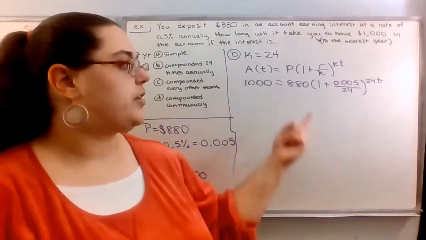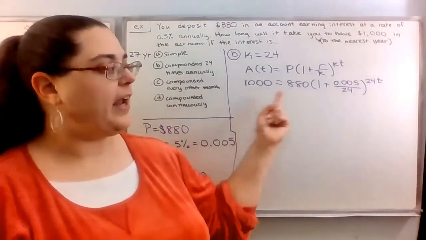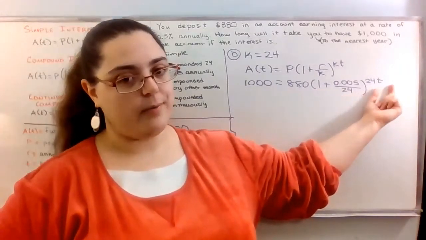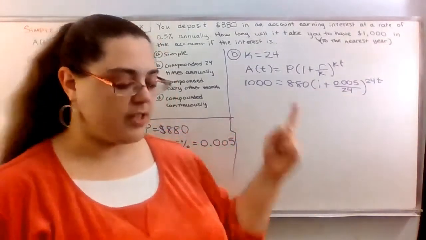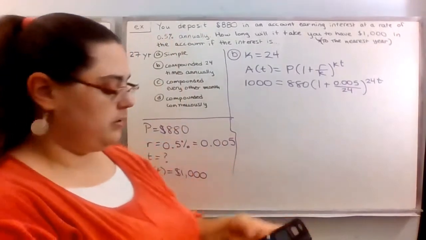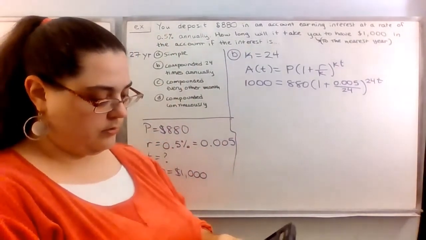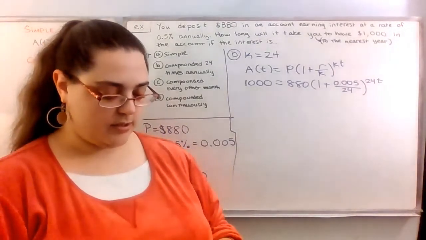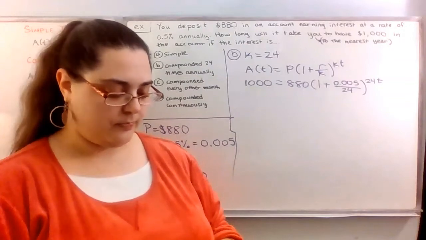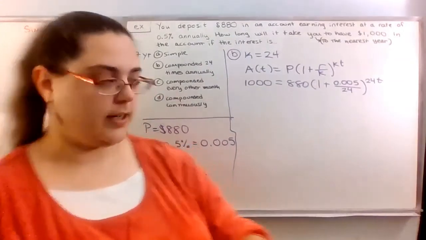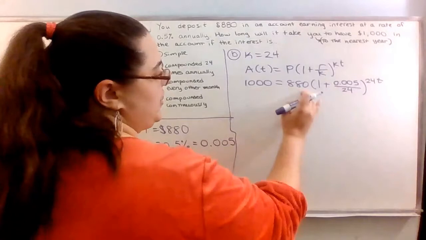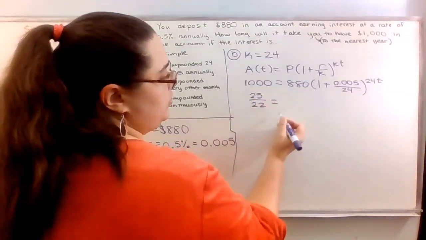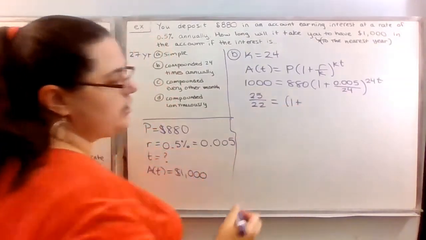What I propose we do is start by dividing both sides by that 880. This will give us this number to the 24t power. So let's do that first. Let's divide both sides by 880. And we get 1.1 and then repeating 36s. So I'm going to change that into a fraction and get 25 22nds. So when I divide both sides by 880, I get 25 over 22 is equal to 1 plus, let's see